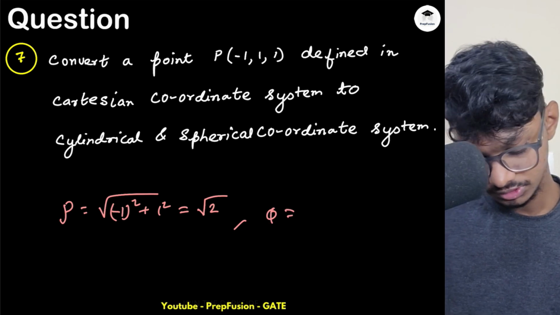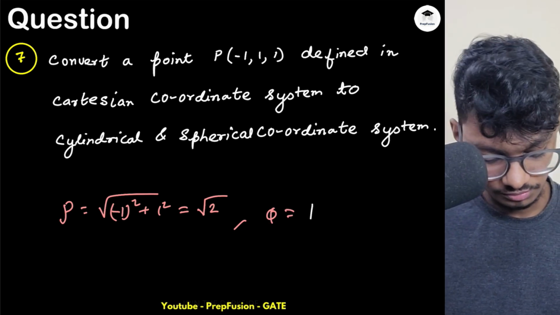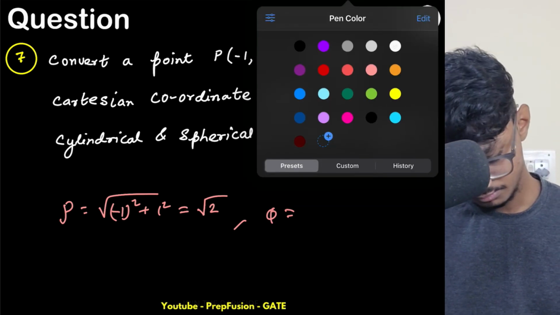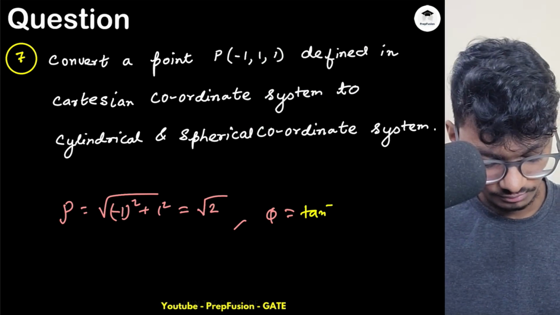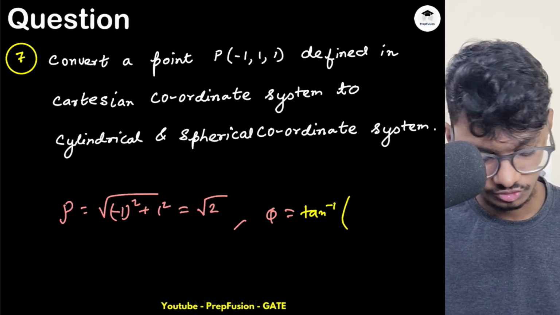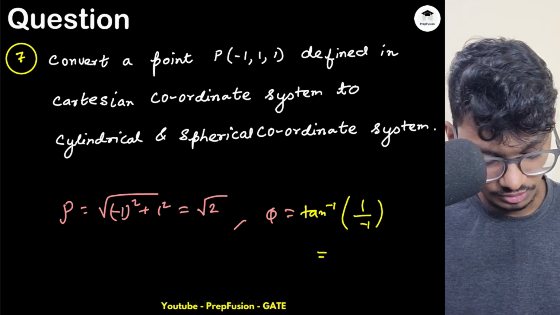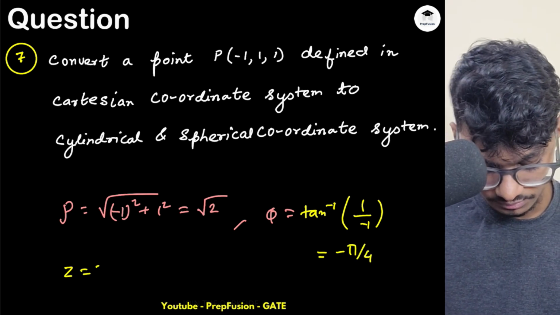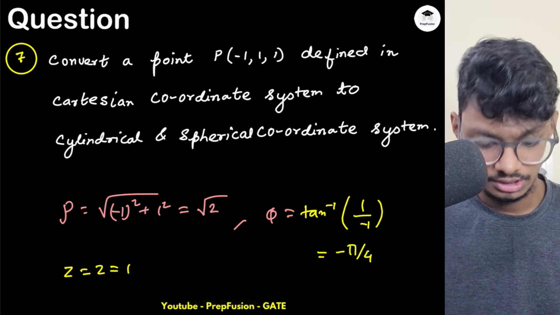You will do tan inverse y upon x, that gives us the angle. So it will be 1 by minus 1, so we will get minus pi by 4, and z is simply z. There is no conversion, that is 1. And unfortunately